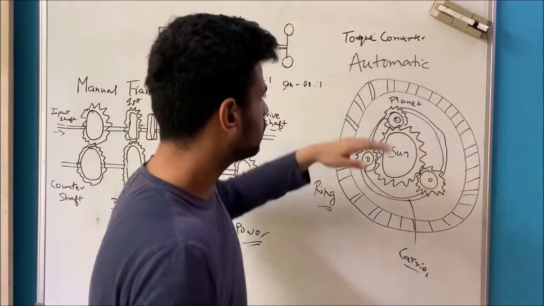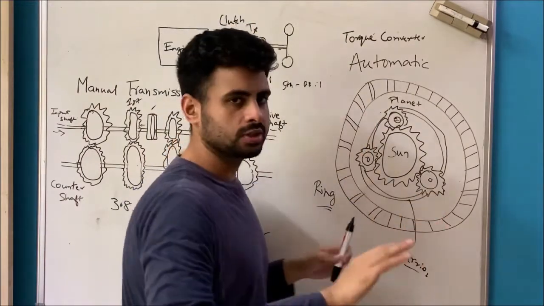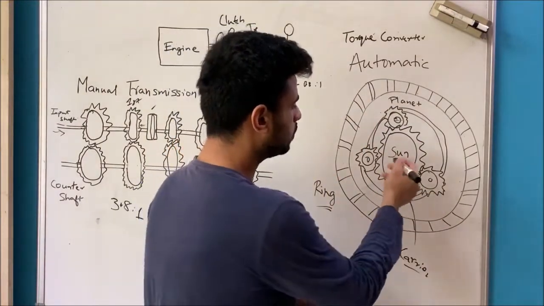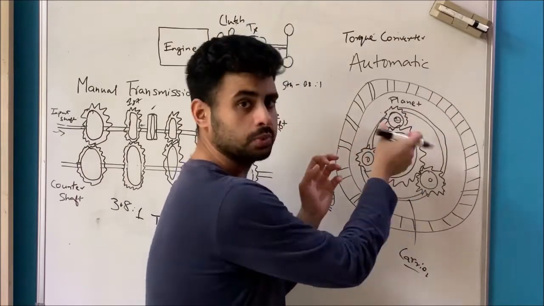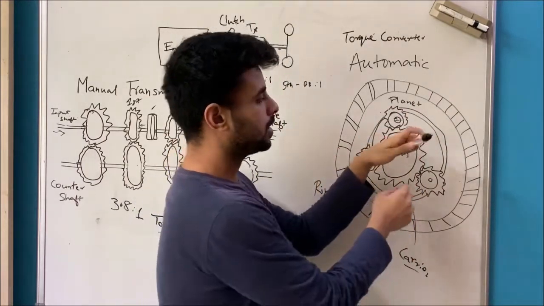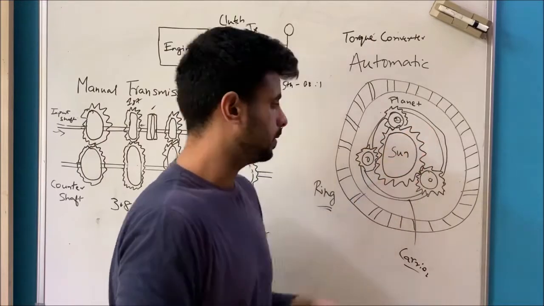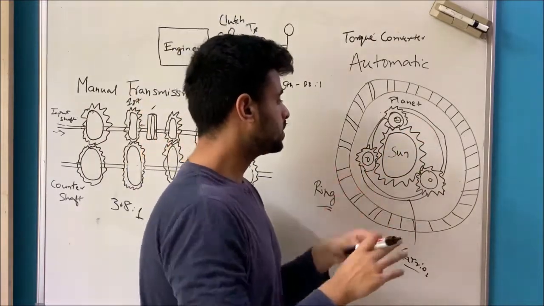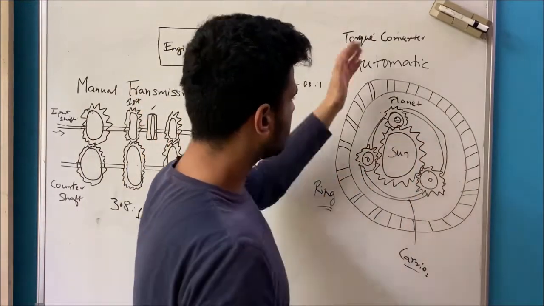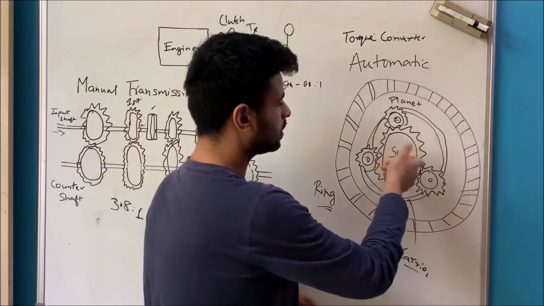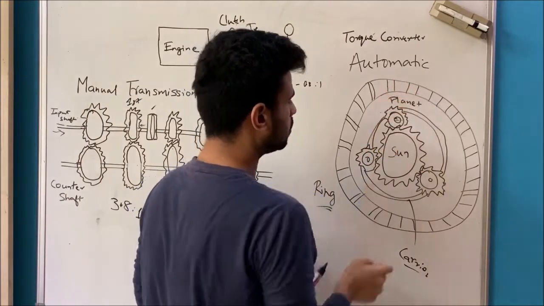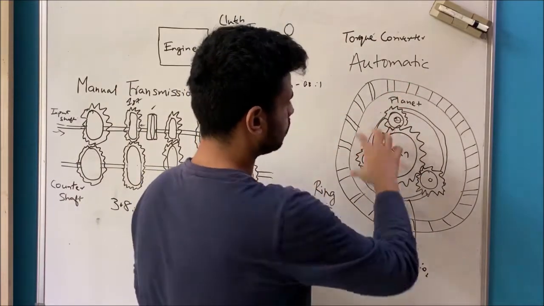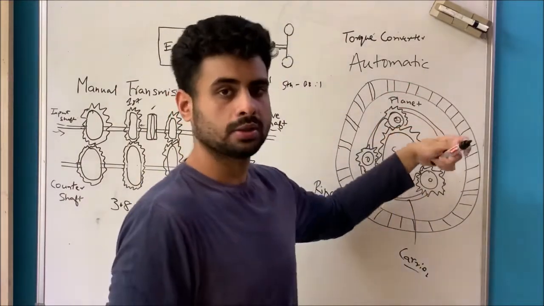For example, what we'll do is we'll keep the ring gear constant, doesn't move. Only the sun moves, and the planetary gears surrounding it move in mesh with it. So with that you get one output speed on the wheels. And now let's say we are moving both of them, but the ring is moving at a different speed than the sun, and these should actually be in mesh. So this is moving at one speed, these are moving at one speed, and the output you get another speed,